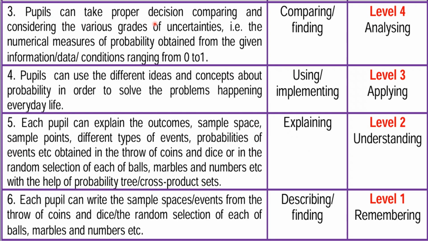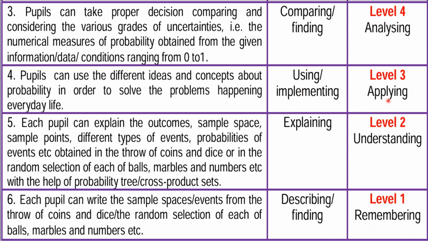3. Pupils can take proper decision comparing and considering the various grades of uncertainties, that is, the numerical measures of probability obtained from the given information, data, conditions ranging from 0 to 1. Comparing, finding. Level 4. Analyzing. 4. Pupils can use the different ideas and concepts about probability in order to solve the problems happening in everyday life. Using, implementing,